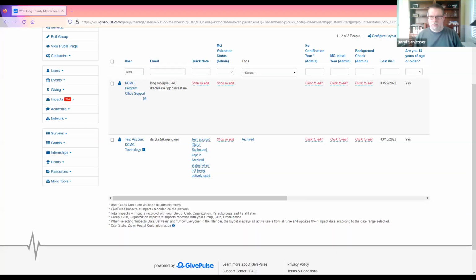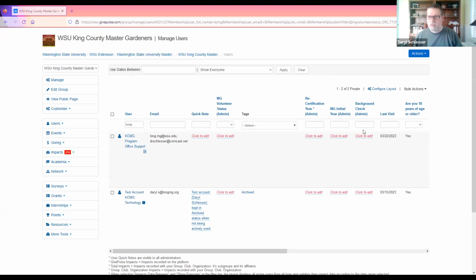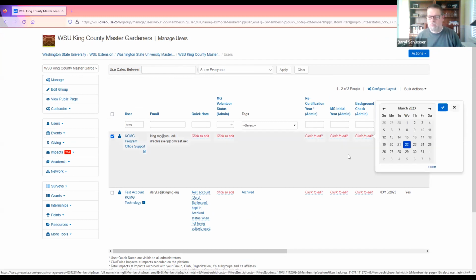I have filtered this to look at just two profiles: my admin profile and my test account profile. And in both cases, in manage users, I have the background check admin date field exposed. The first thing I wanted to show you is that it's just really easy to manually update that date. If you click